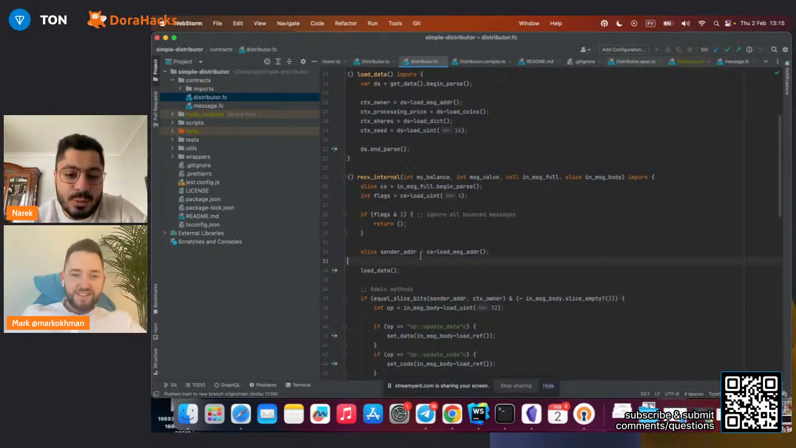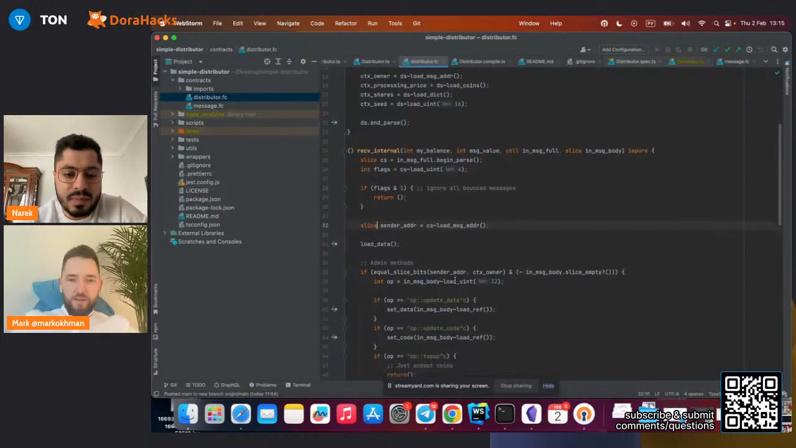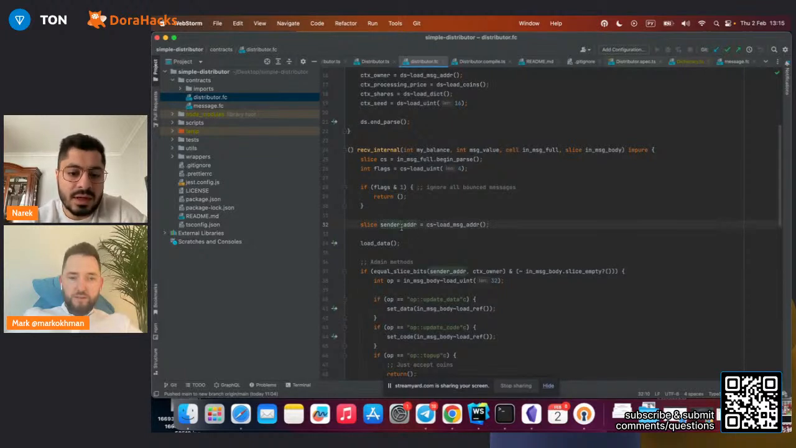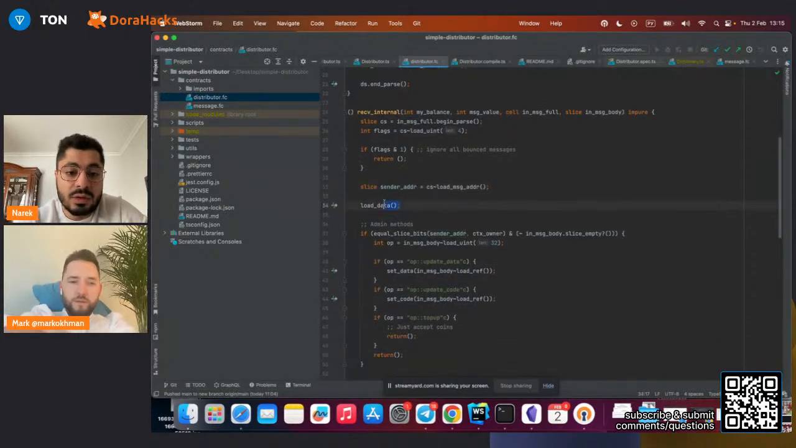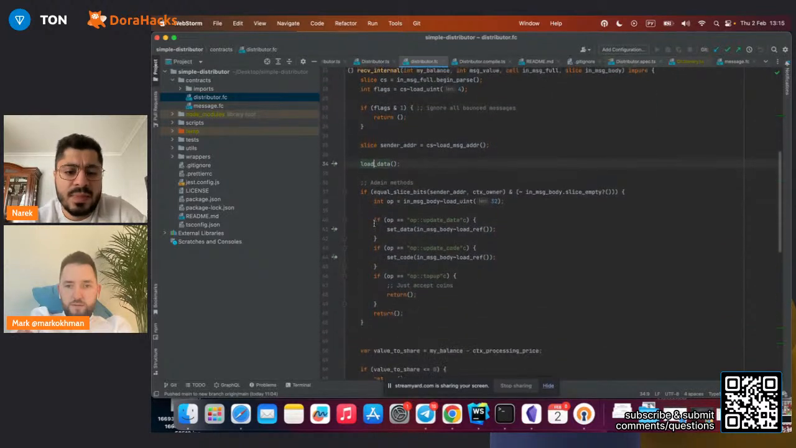So here we are reading the sender address, and we know that after the flags comes the sender address because we have the TLB schema of the message, and we are loading the data, and so load data populates the global variables. And here are some admin methods. It's a simple check that the sender is the owner and that the body of the message is